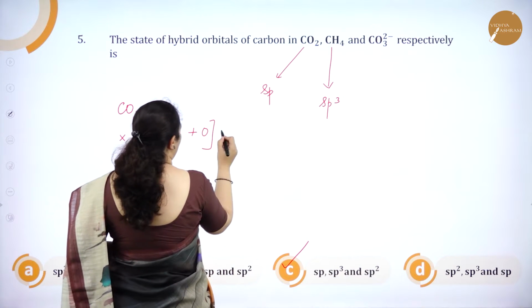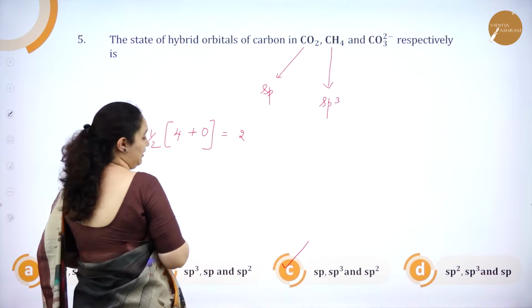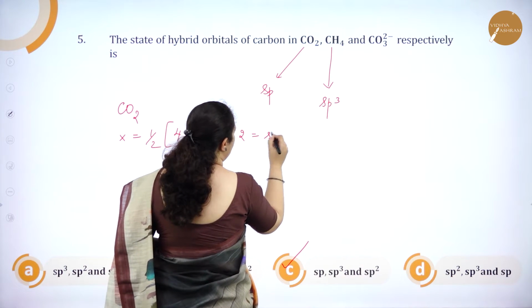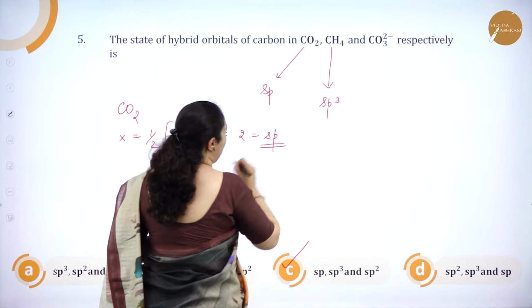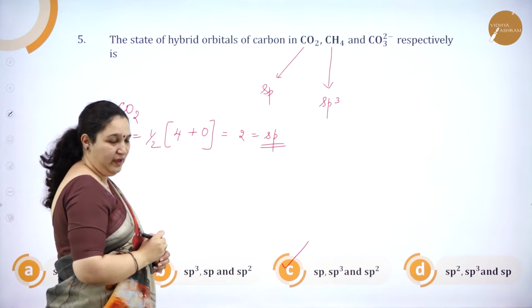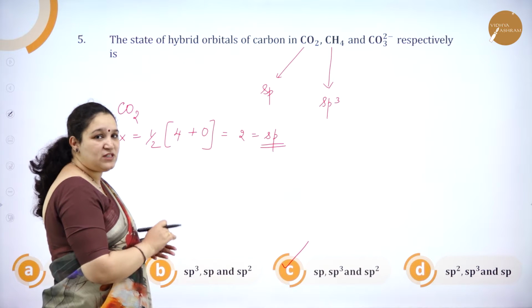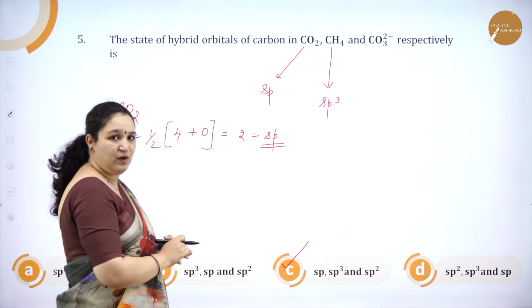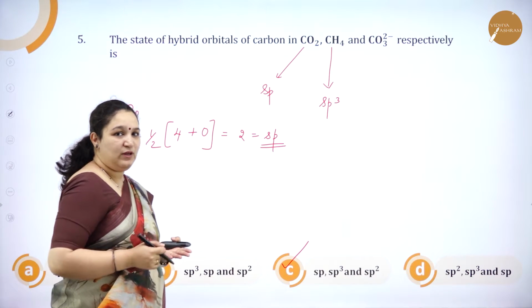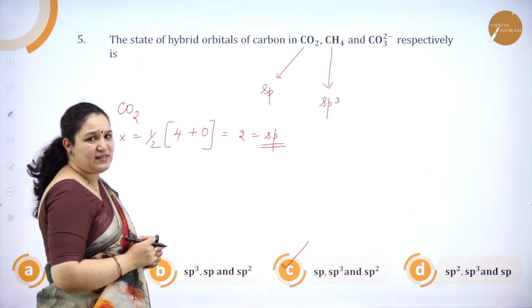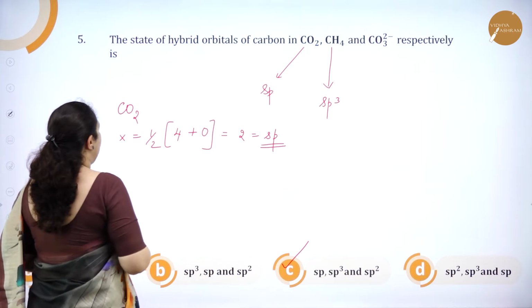So this will be 2, 4 divided by 2 is 2. That means you have 2 hybrid orbitals. If the number is 2, it is sp hybridization. If the number is 3, it is sp2. If the number is 4, it is sp3. So this is how it will go on. You should refer to the table of hybridization. Next,